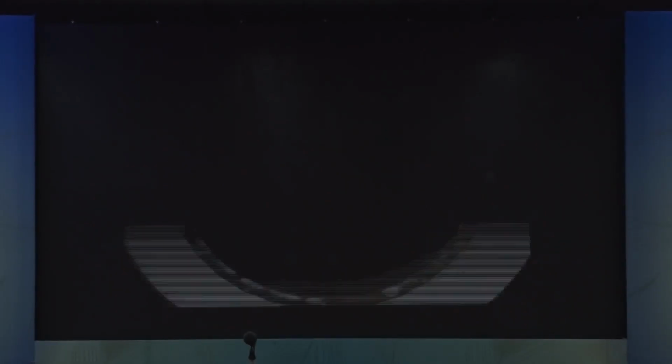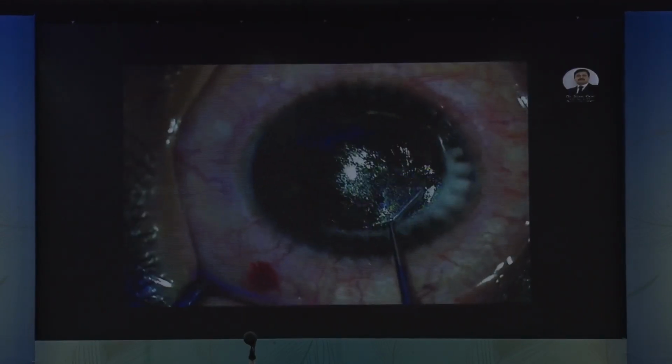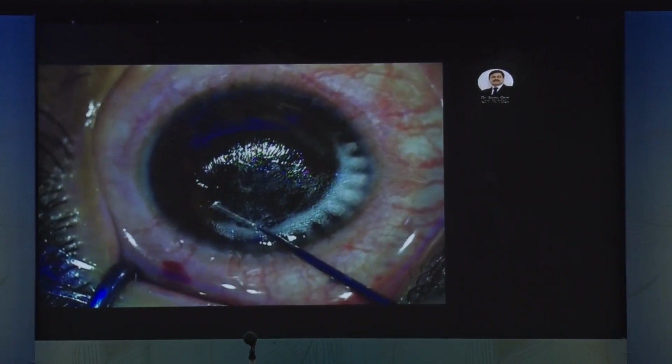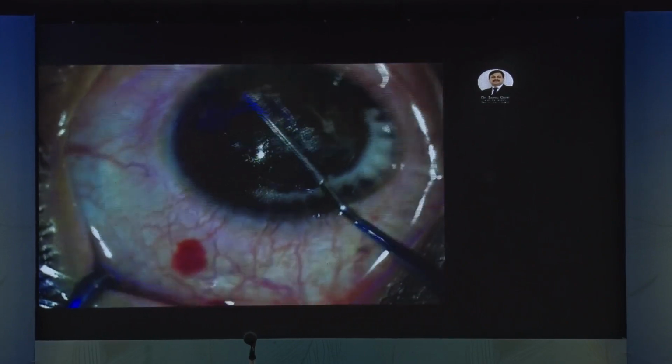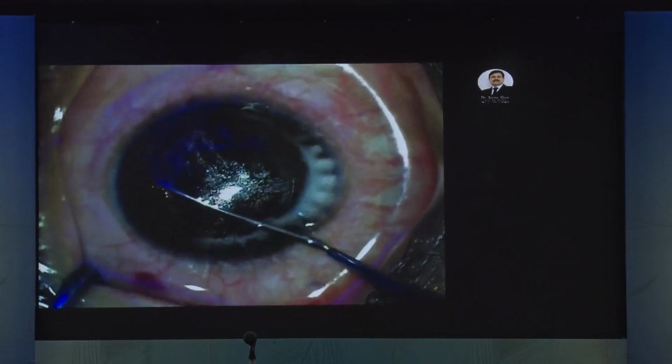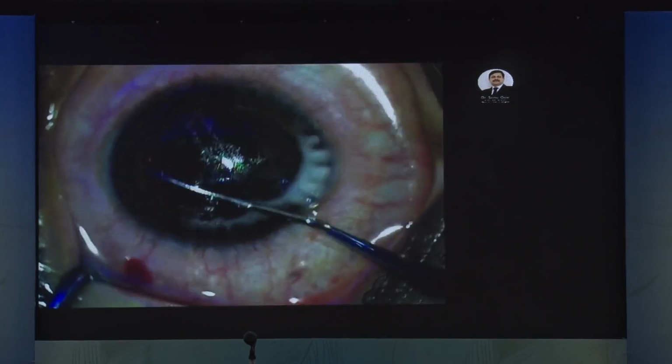You redock the patient, maybe you can clear the central gas and redock the patient, and watch carefully. The moment I redock, this is the side cut, the flap side cut, which didn't happen. So it restarts 0.5 millimeter inside. So I again open up. Now this has to be done very carefully because you have to identify these two planes, and then very gently you can separate the lenticule.